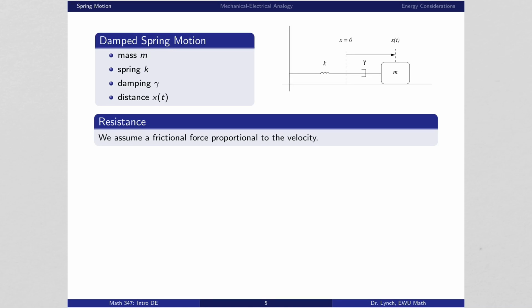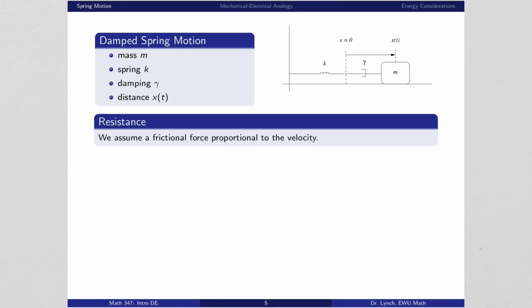So in this scenario, we'll think about a mass m on the end of a spring, again defined by constant k. And we'll add into this a damping or a dash spot that'll be characterized by a constant gamma. Once again, we'll let x of t represent the distance that the mass is from equilibrium. And for this damped force or frictional force, we'll assume that there's a resistive force that's just